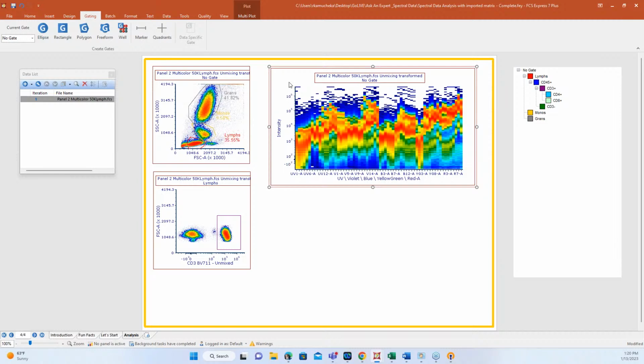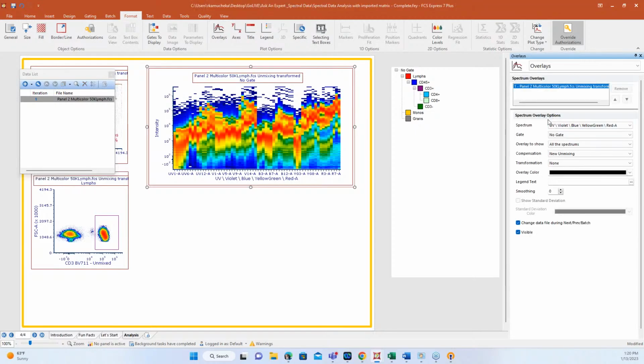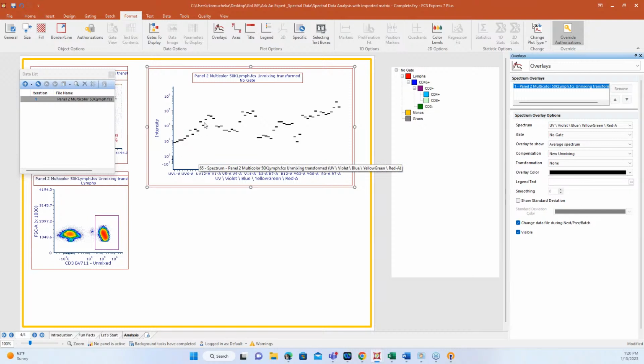One of the things that we can also do with any of our spectral plots is we can average out our signal here. What I mean by that is with any kind of instrument where we're working with lights, we kind of get this spread and spill, right? So you can see in the middle here that at this red point, this is like any density plot, this is where most of your cells are falling. So FCS Express does a really good job in the formatting part: you can change this from all spectrums to an average spectrum. It takes that same pathway of where those peak density places are, and plots them out for you.